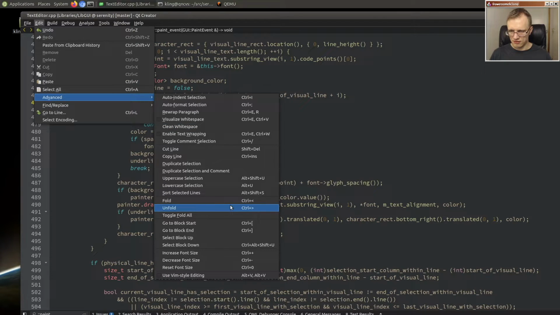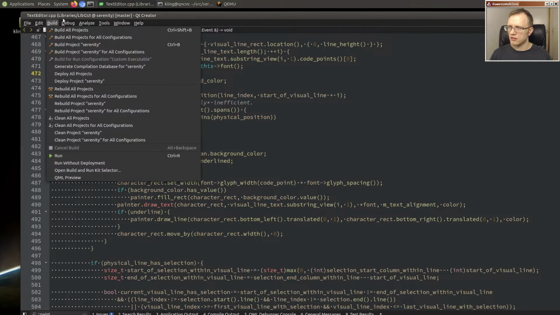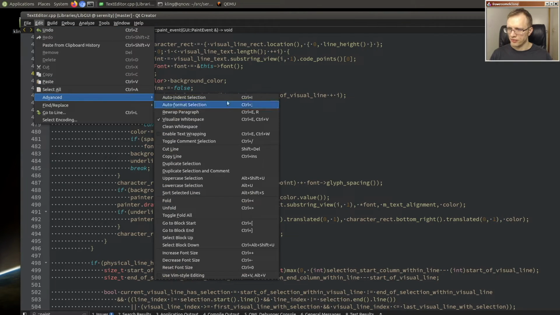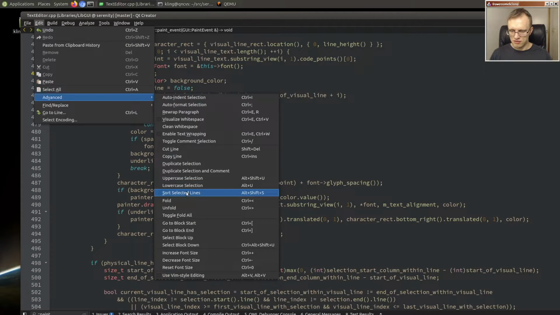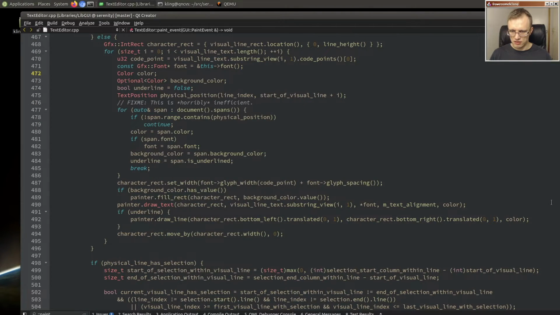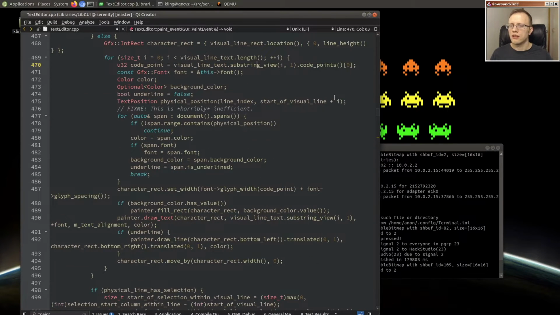Advanced. Visualize white space. Oh, check that out. But I only want to see the trailing white space, not all of it. Where was I? Advanced. And text wrapping. Yes. Okay, so if I press down here, yeah, it lets me go down on the same physical line. Anyway,